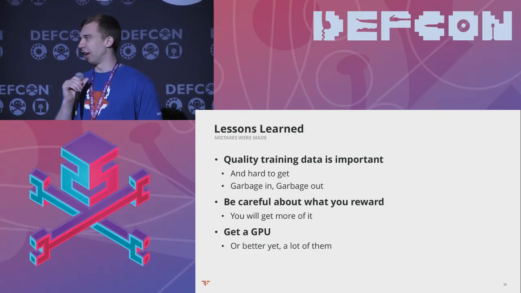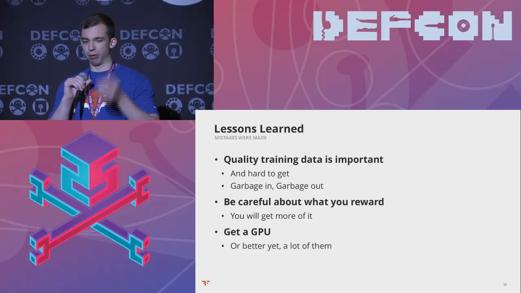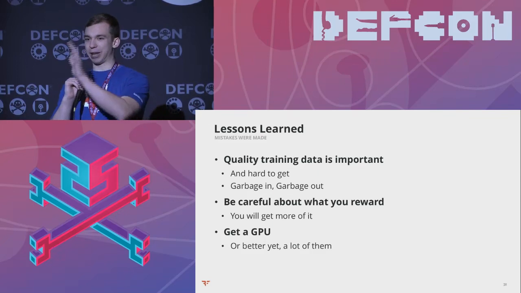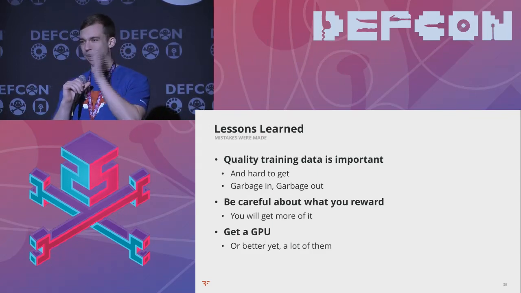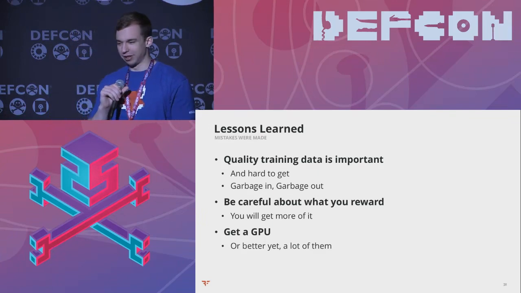It seems like common sense, but it can really sneak up on you in really interesting ways. One of the funny things that happened was we didn't incentivize characters we had already found. And we thought, oh, well, we're rewarding characters we found. We'll try this. We ran it for a long time. And then we found out our tool is really good at just brute forcing the same character over and over again. So we knew the table started with A really well. We had that definitely locked down.